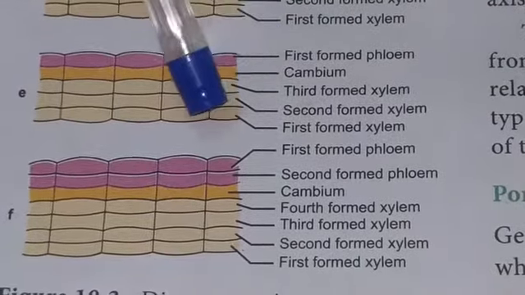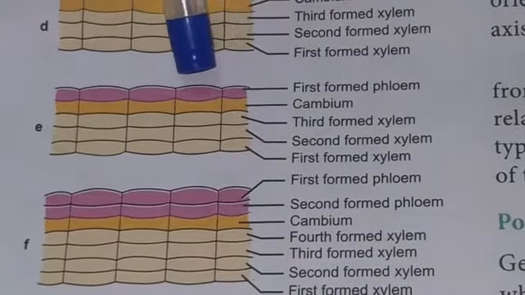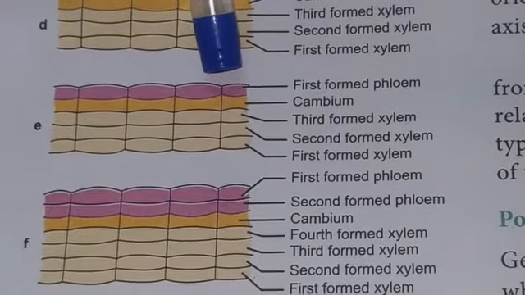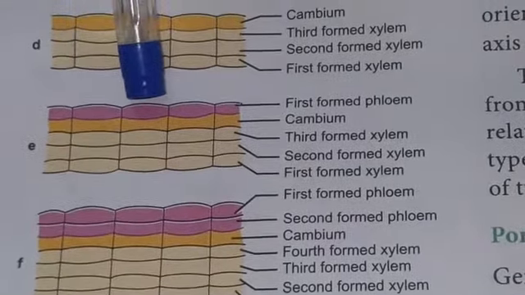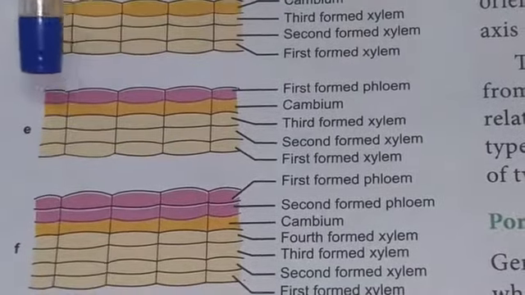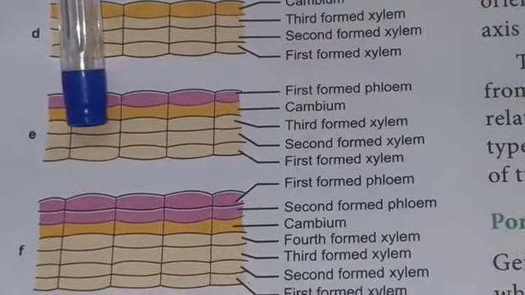At places, the cambium forms some narrow horizontal bands of parenchyma which pass through both the secondary xylem and secondary phloem. They are called rays. The rays are formed in the middle of the secondary xylem and secondary phloem.